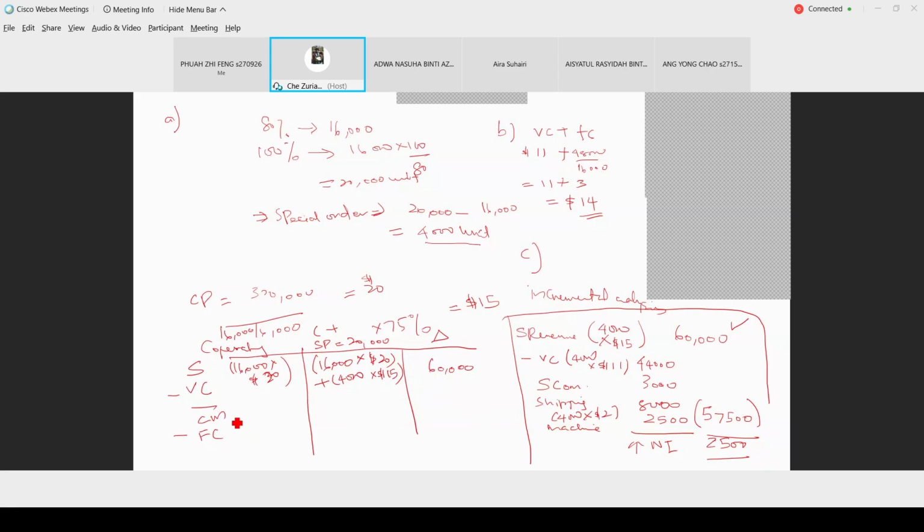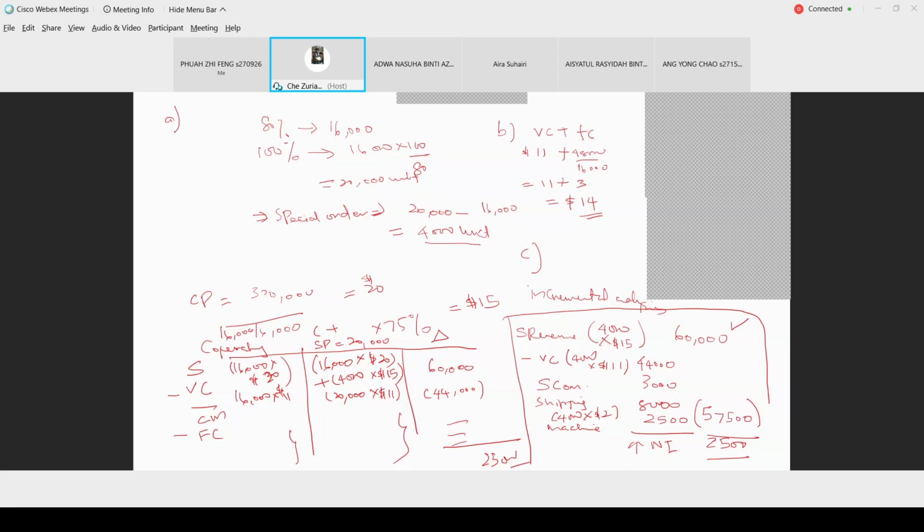Right. And then for variable cost, this one, you times with the 11. This one, you can take all 20,000 units, you times with the 11 juga. So the difference is 44. Sama je dengan konsep ini. Right, and then you bubuh semua ni, all the fixed cost incurred, and then here also, and then there's a different item sini kan, the difference. You masuklah semua. Okay, then later you akan dapat 2,500 juga.